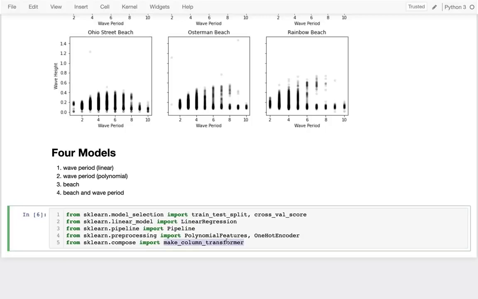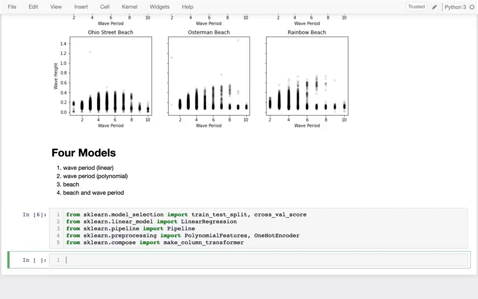In total, I'm going to have this pipeline, and at the end of the pipeline, I'm still going to be doing just a simple linear regression, but I'm going to be making all these transformations to the data before it gets to that, and that's how I'm going to be able to do these more complicated models. So let's start down here, and I'm just going to number these 4 models, 1, 2,